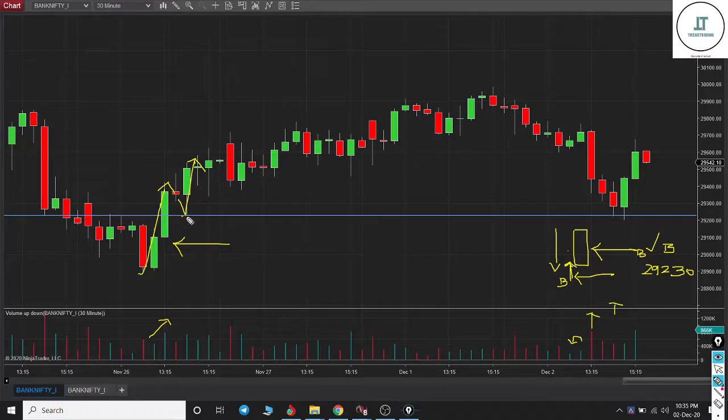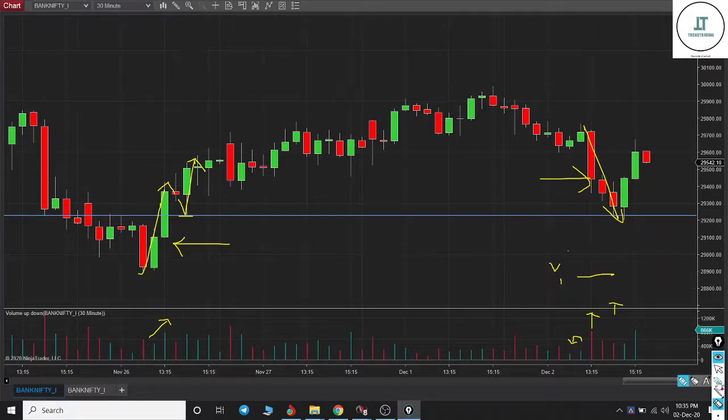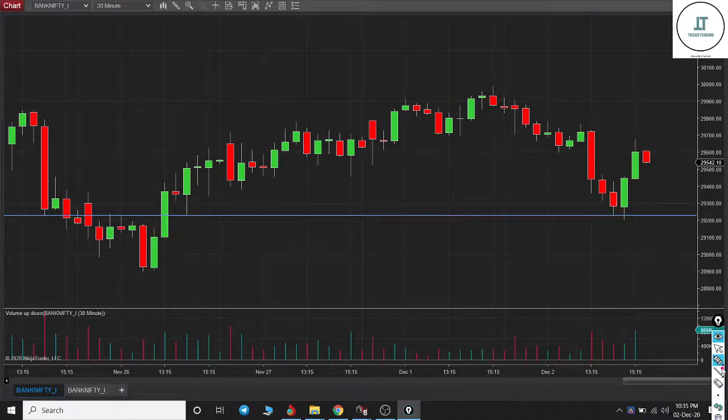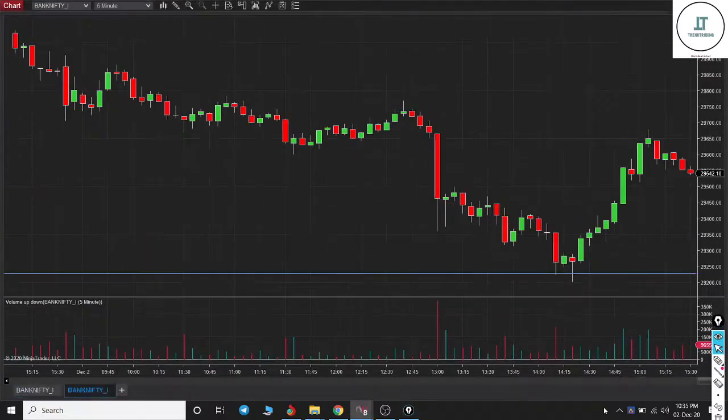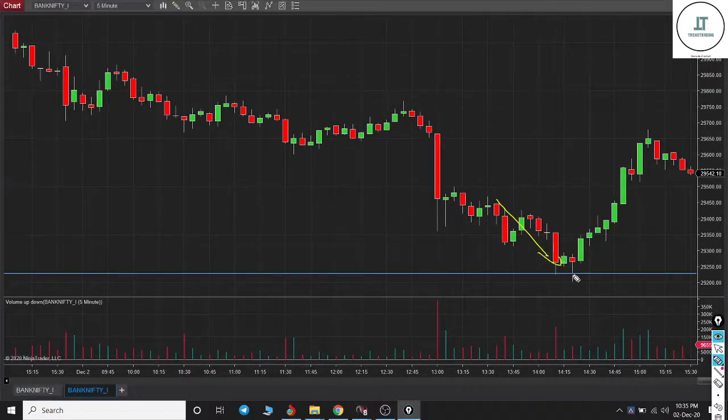Now when price went below, if these sellers were pushing the price down, if they were really stronger, they would have easily pushed the price further lower. But volumes are decreasing. With price coming down and volume also coming down, this tells me sellers are weaker. And now when we check in the 5-minute time frame, we are getting more clues that sellers are getting weaker, because price didn't close below it.